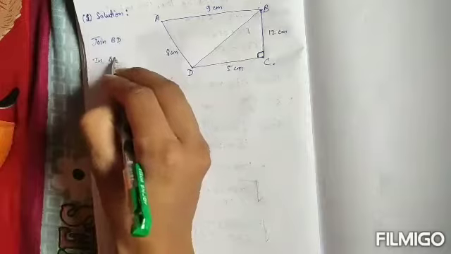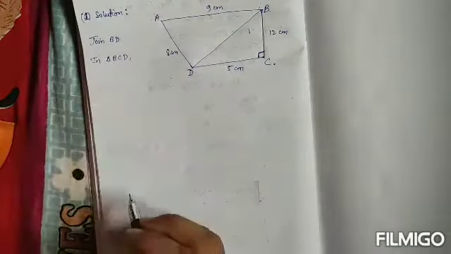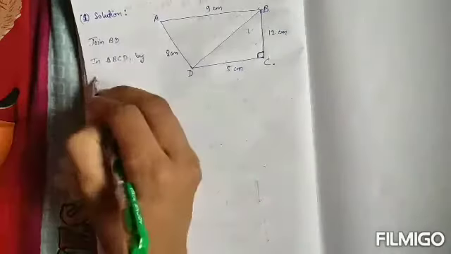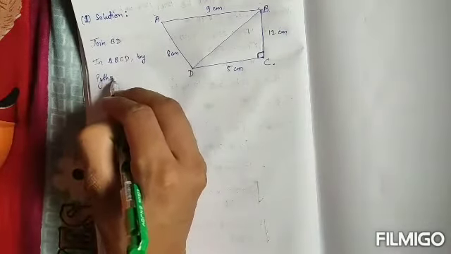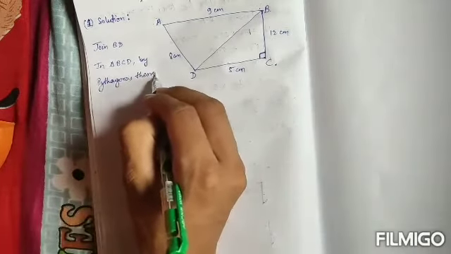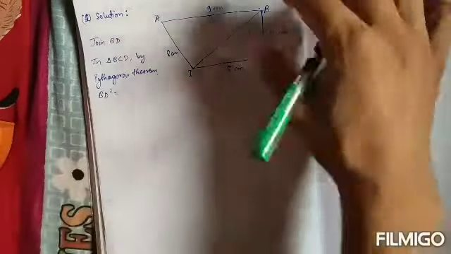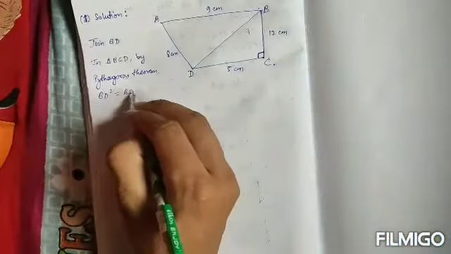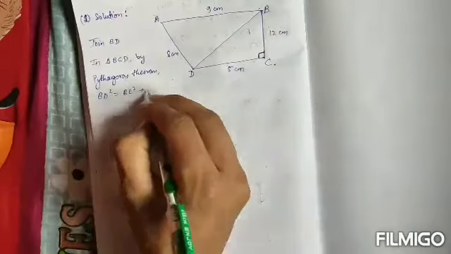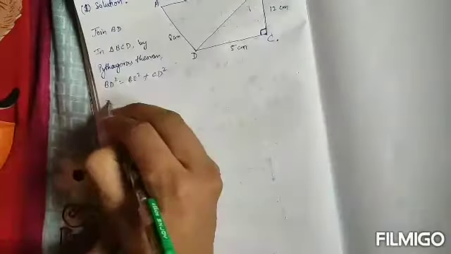BD. Okay, in triangle BCD, by Pythagoras theorem, what will happen? Hypotenuse means slanting side, means this one, right? Longest side, BD square equals to perpendicular square BC square plus base square. Base is this one. Okay, so now from here I can find the value of BD.